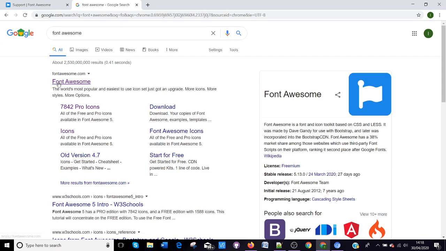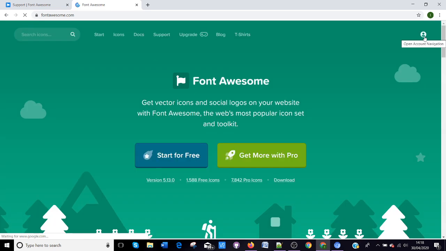The thing is called Font Awesome. Just type Font Awesome in Google or whichever search engine you're using. Start for free unless you want to pay. I think it's about $99 per year. I'm already signed in. So once you sign in,